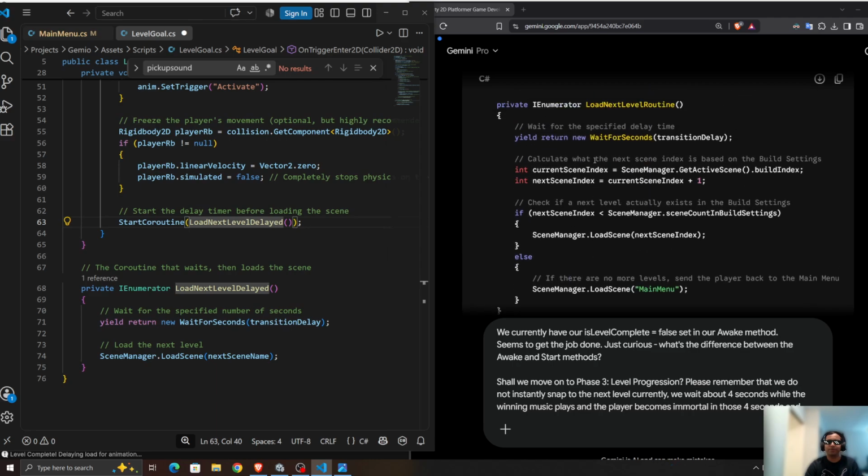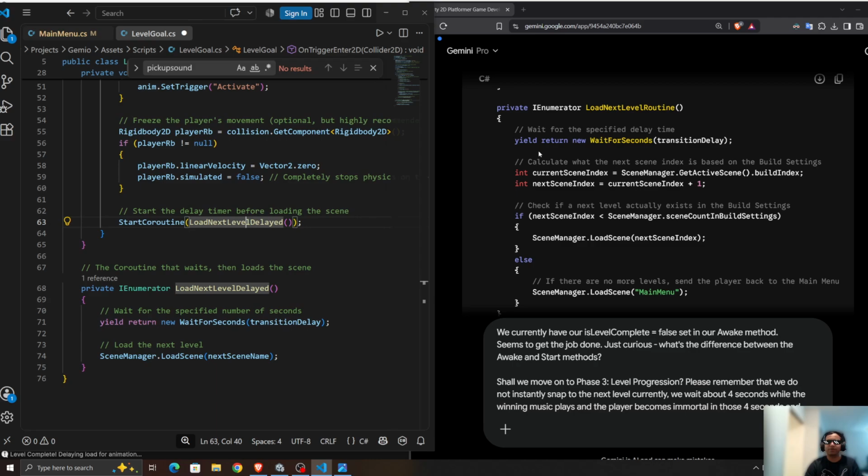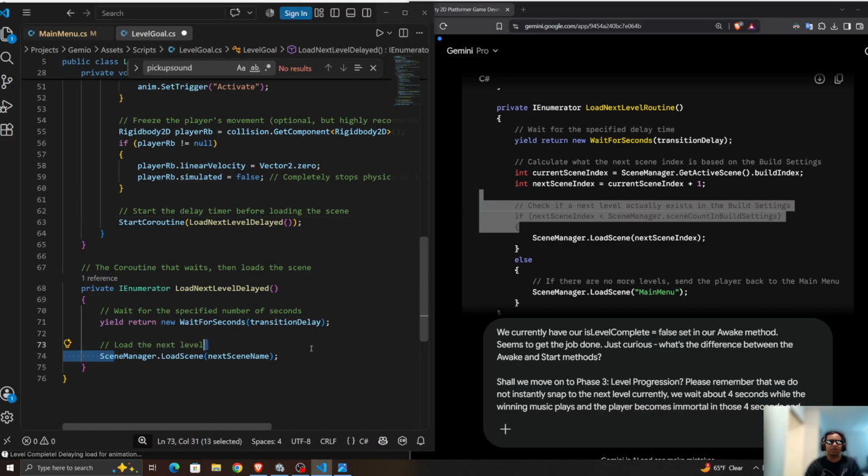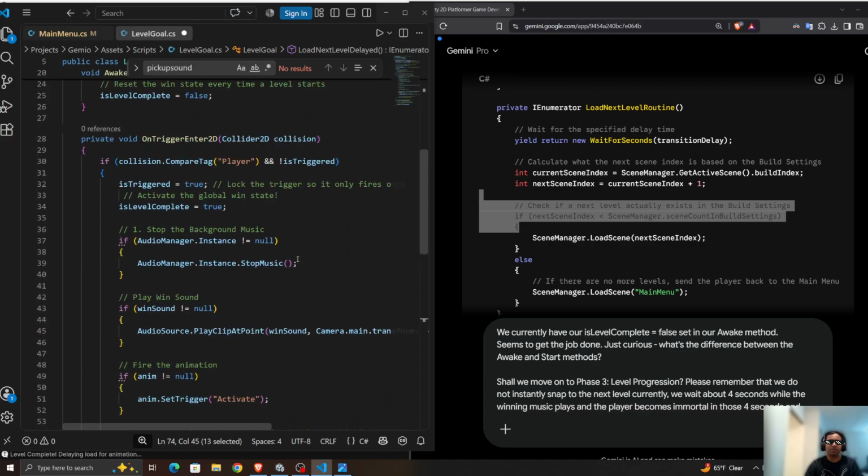So, waiting for the specified delay time, calculate what the next scene index is based on the build settings. Okay, next scene name. So this actually might be a better way to do it